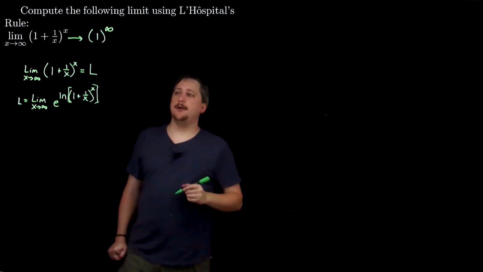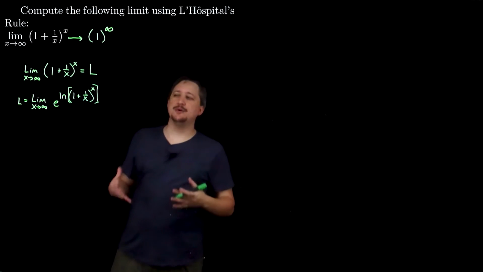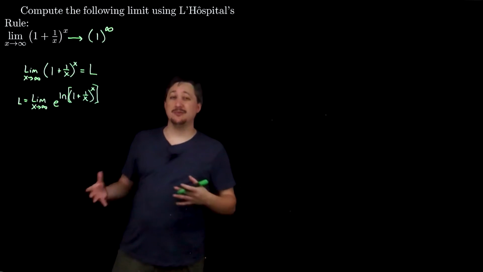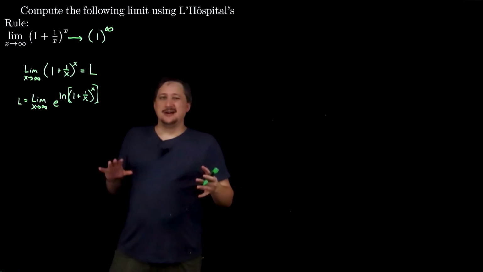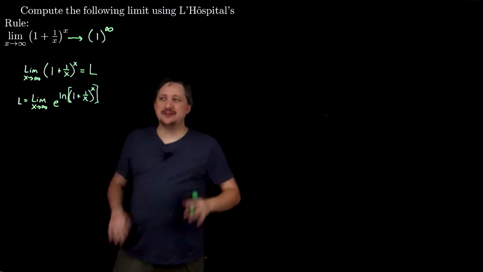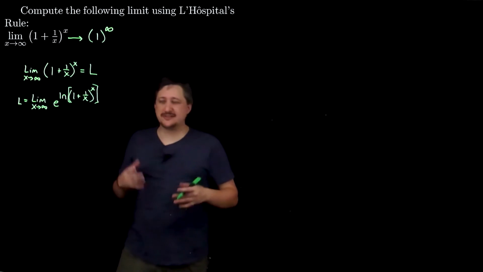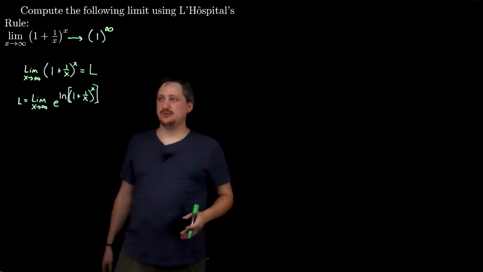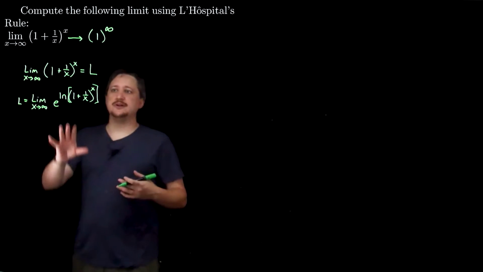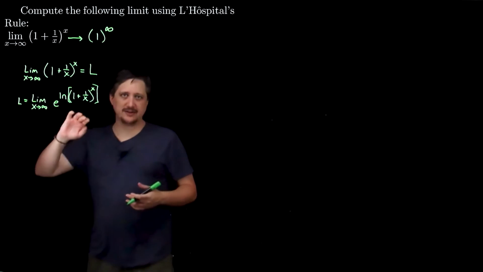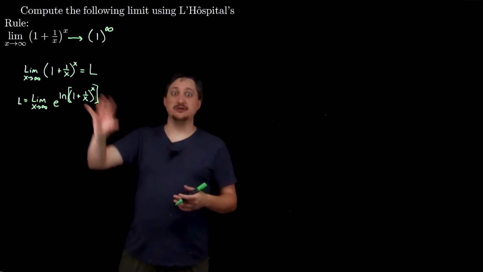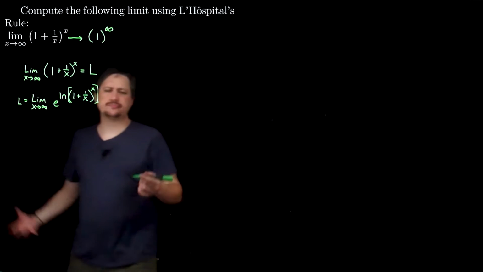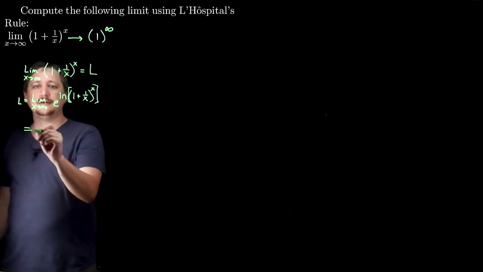Some people like to do this by taking natural log on both sides, and technically there's a little bit of an issue because you are assuming the limit exists and you'd have to show that first, but that's a little beyond the scope of what we're doing here. I'm going to stick to this form, but maybe I can show how it's similar if we use it the other way. Regardless,